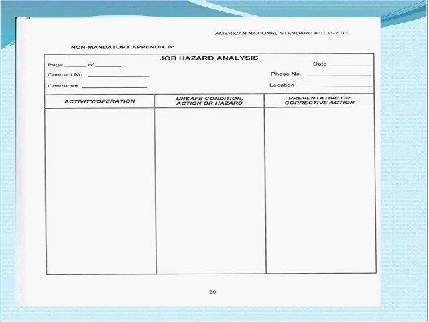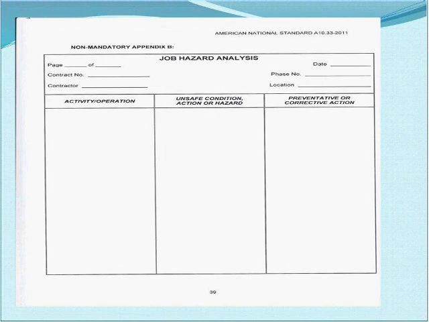activity that we're going to do. For instance, we're going to erect steel as an example, and the unsafe operations or hazard could be falling objects, it could be falling people, it could be collapses, it could be anchor bolts, it could be any one of a number of things which need to be listed as activities. And then the unsafe condition. In other words, if you don't have your proper anchor bolts in your concrete and they pull out, obviously your column tips over. And if your column tips over, then you can have a structural failure and a collapse, and